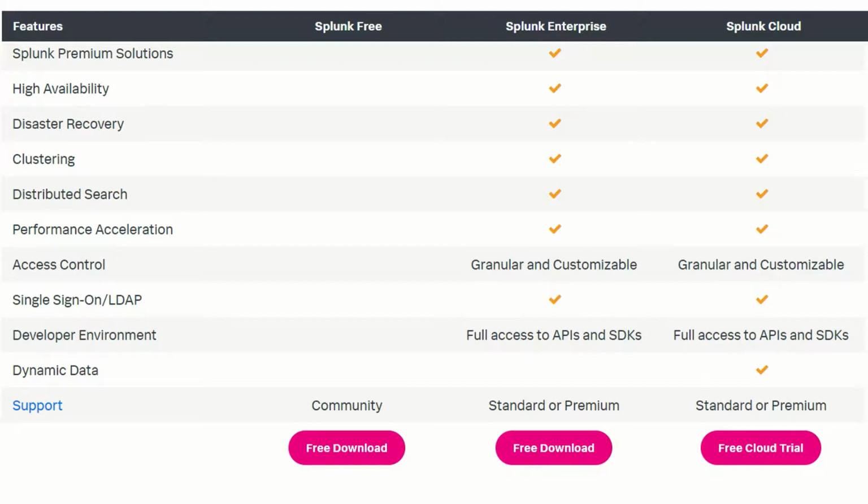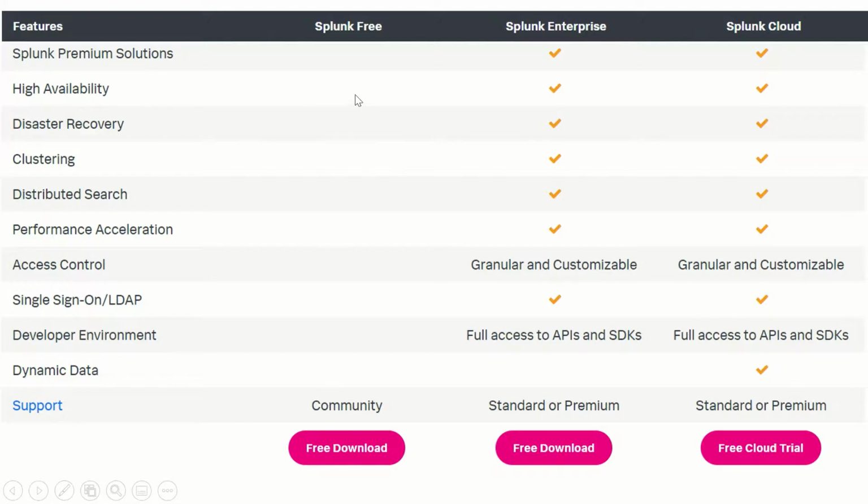Splunk free version doesn't support those premium solutions, though enterprise and cloud versions support them. For getting a premium solution, you need to contact Splunk sales, and then you will get the license for premium solutions.